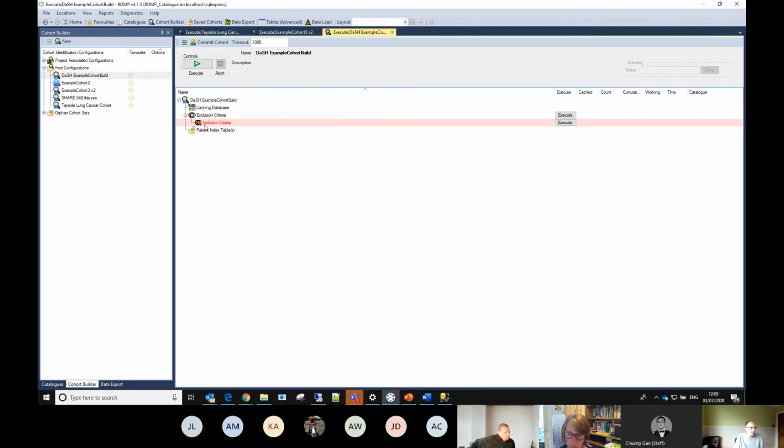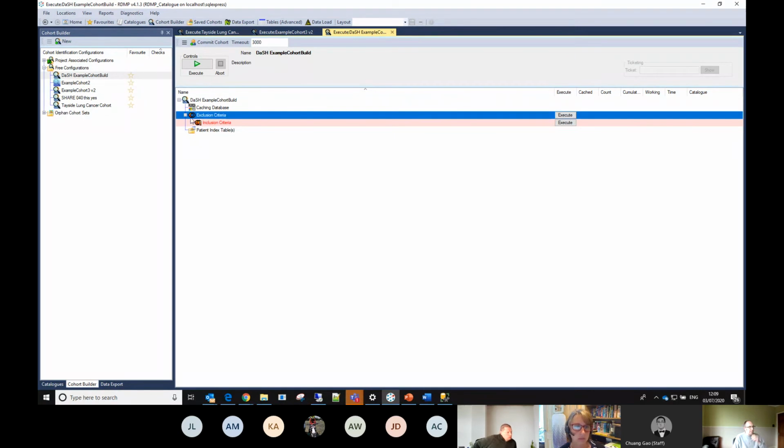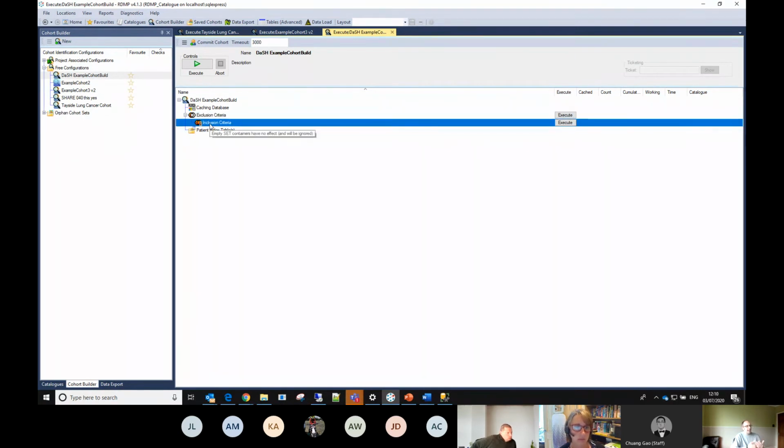You can tell the inclusion criteria is a union, so you're including everyone with these conditions. It's a union, you're pulling them all together. And the exclusion criteria is an except, so it's taking the inclusion criteria and excluding everything else. So let's start to build something together. I'm very much winging it, so if anyone's got any suggestions, I'm happy to take them. We can have a look at what data sets we've got, or I'll just start putting together some slightly obscure cohort that may or may not make sense.